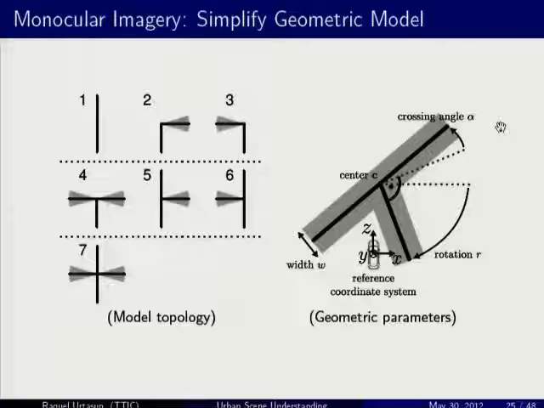Okay. So the next thing that I wanted to do was to try to do this with monocular imagery. And the first lesson that I learned was, well, your previous model was nice with all this non-parametric stuff, but this is just too complicated, right? And in particular, the information that we are interested in is correlated in the direction of depth, so it's particularly difficult in this case. So we simplify our model. Now we have a set of fixed topologies. And the other thing that we did was to share parameters in the intersection. So for example, we only have a single width for all the streets, and we assume that the roads are collinear. Okay. So there is only a single degree of freedom encoding the angle of one street with respect to the other.